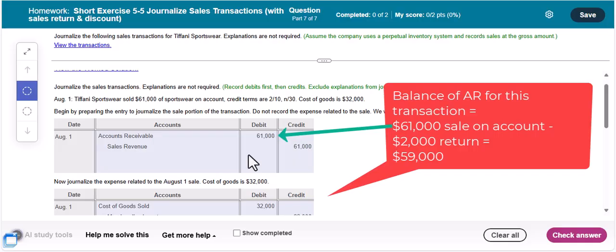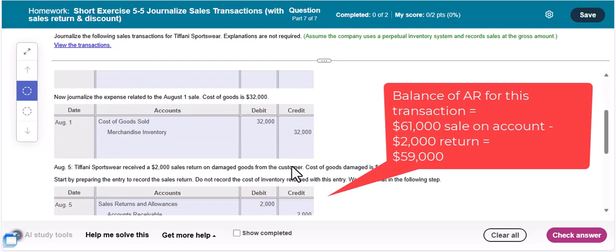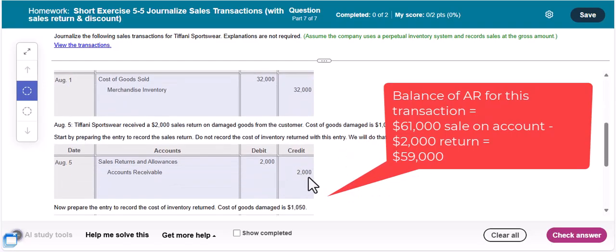So then let's take a look and see if accounts receivable was lowered here at any point. Yes, it was lowered here by $2,000 with a credit. So that means that the balance in our AR at that point would be $59,000. So again, that's that $61,000 that they owed us at the beginning, and then less the return of $2,000,